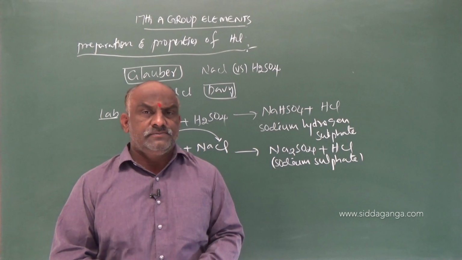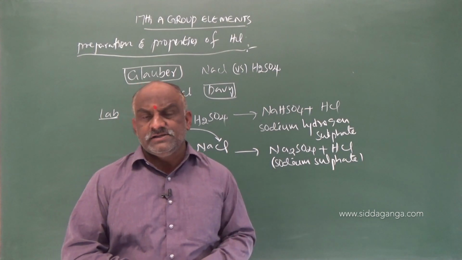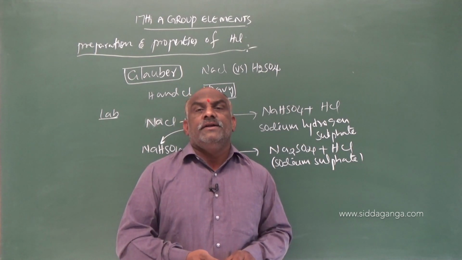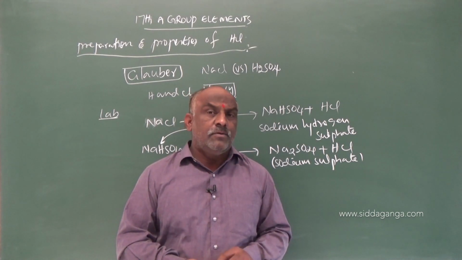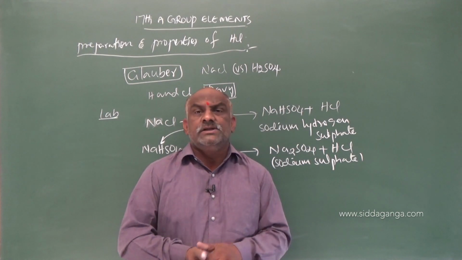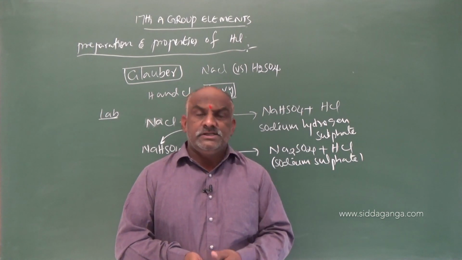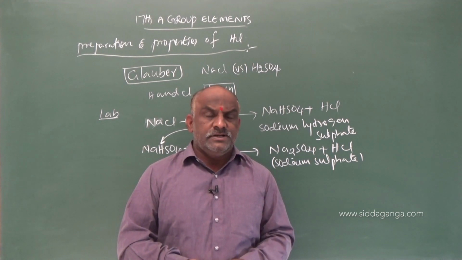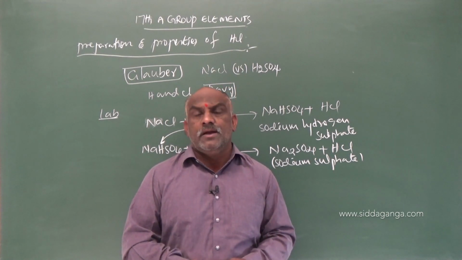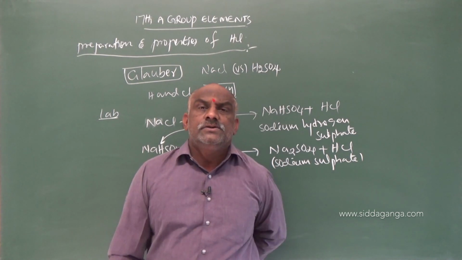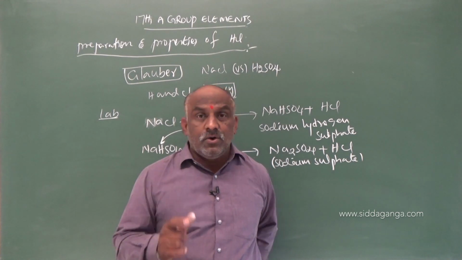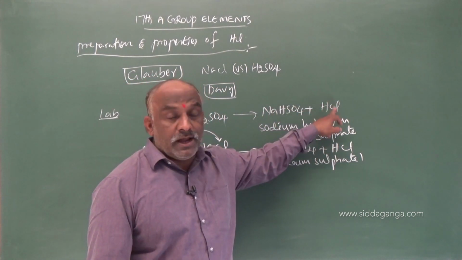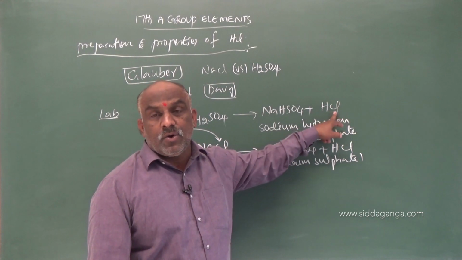In many reactions, one of the byproducts will be hydrochloric acid. If you find some redox reactions of P block elements, you will find hydrochloric acid is one of the byproducts. And H2 plus Cl2 gives rise to HCl also. That reaction takes place in the presence of sunlight. That reaction is not used in the laboratory method. This is not hydrochloric acid, this is hydrogen chloride.